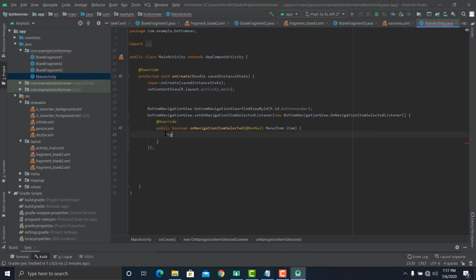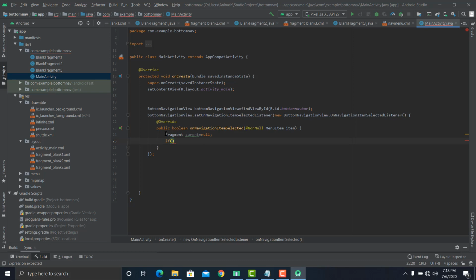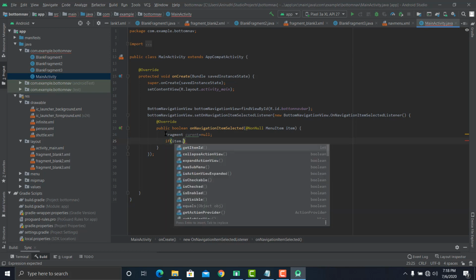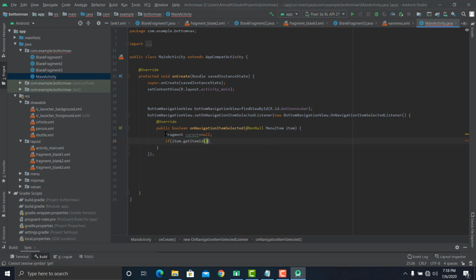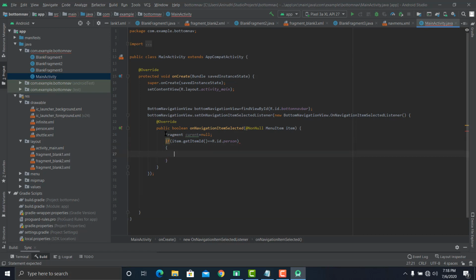Now we can change the fragments in the container by having a blank fragment. Let's make it null initially, and then let's make 3 if conditions. If item.getItemId equals R.id. and we have 3, person, then current equals new.